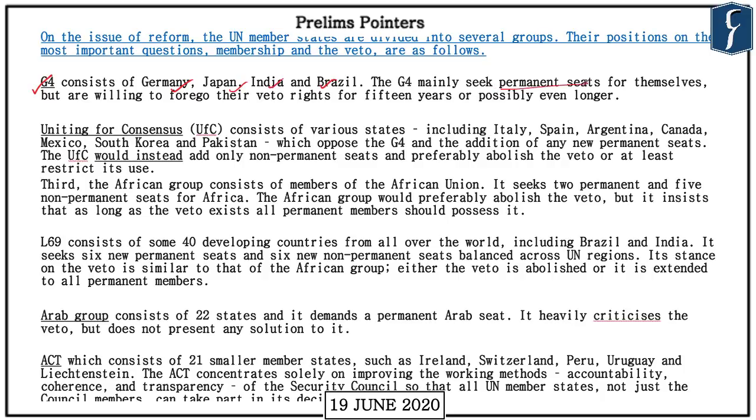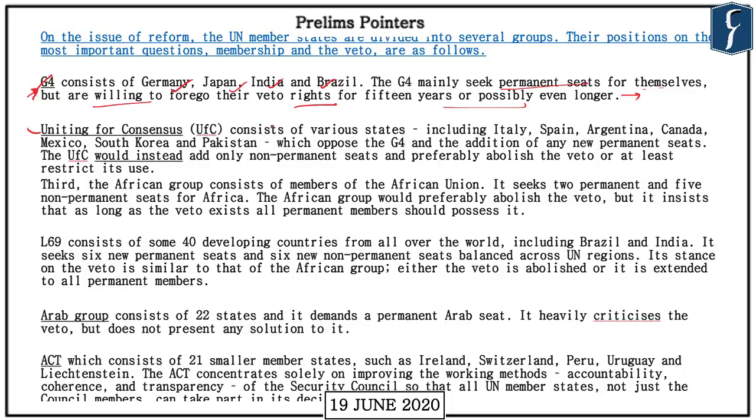It mainly seeks permanent seats for themselves but are willing to forego their veto rights for 15 years or possibly even longer. So, in order to get other countries to agree on their agenda, they have initiated the compromise. Then there is this group which is absolutely against any entry of G4 members in the Security Council, and that